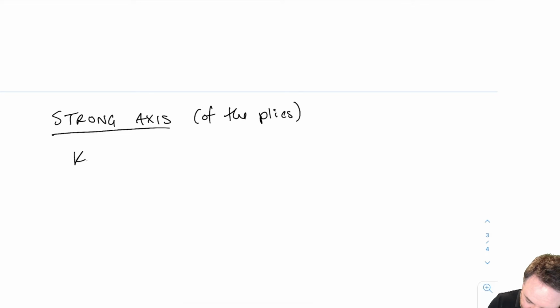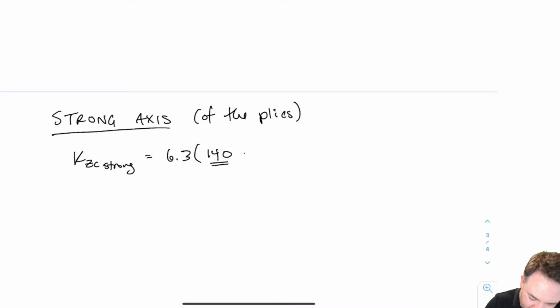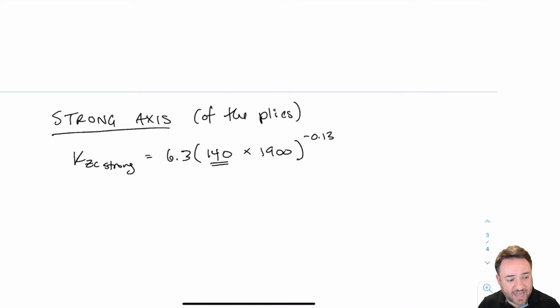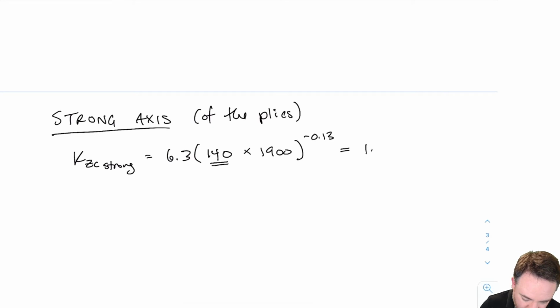So let's calculate that again. We have KZC strong equals 6.3 times 140 now, that's the change, times 1900, which is our length, all to the power of -0.13. Remember again, these values have to be in millimeters, otherwise this one won't work. For the lumber one, they have to be in millimeters. For the glulam one, the volume has to be in meters cubed, so be well aware. And here we get 1.242, which is less than 1.3,